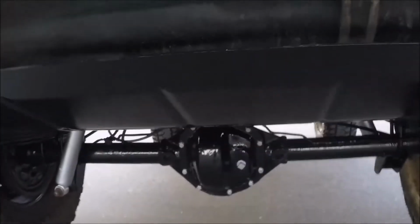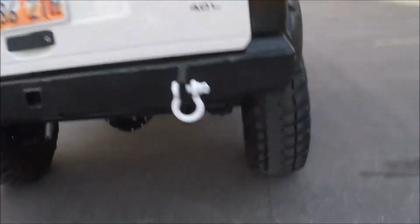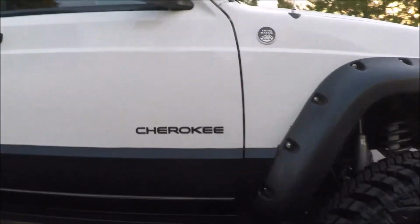All the brakes up front and back here are larger than stock XJs. The front brake calipers are off an earlier Ford, which are a lot bigger. Extended bump stops back here. Everything's been bump stopped correctly. We got a JCR off-road rear bumper, shackles, and tow package. It's a really nice bumper. Rock slider. Got bed liner on the lower half,